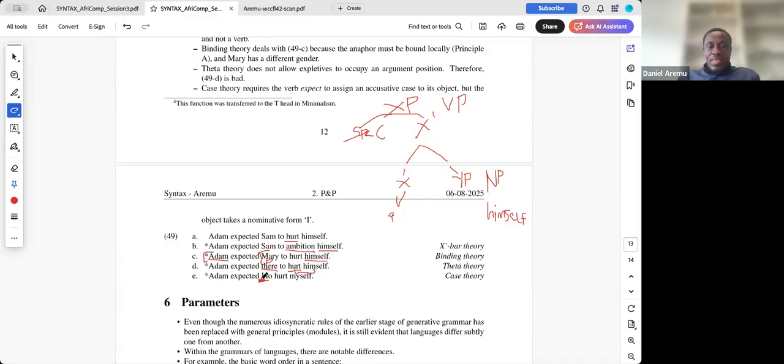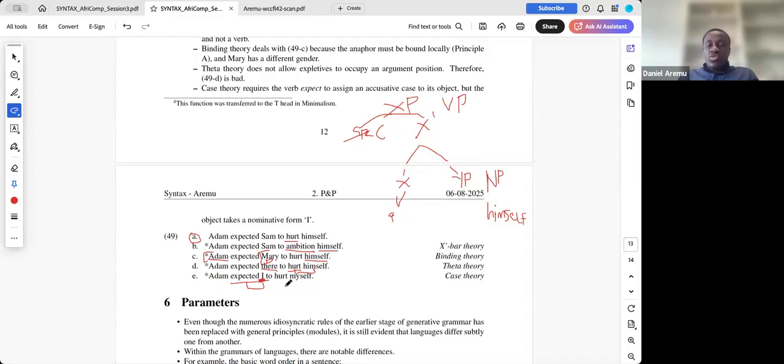Yes, that's just it. So it's the I here. And that is because expect, remember, would have to assign accusative case, but I is in the nominative form. The accusative form will be me, right? Adam expected me to outdo myself, then it's fine. Because accusative case is assigned, but now with I, no. So case theory explains that. So you can see all the intricacies. Just this one sentence in 49A, we can see the different ungrammaticality that we can have explained by these different